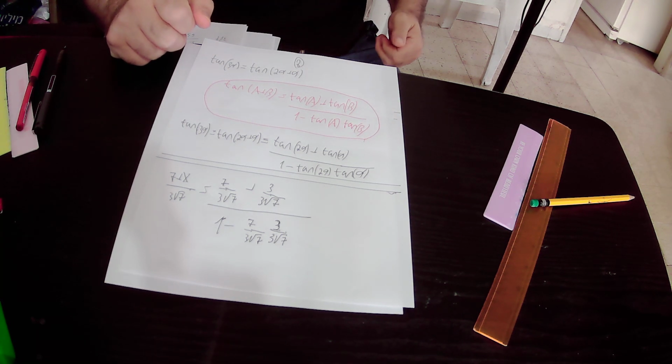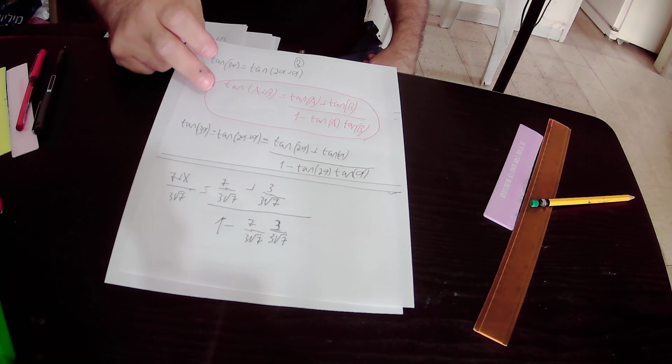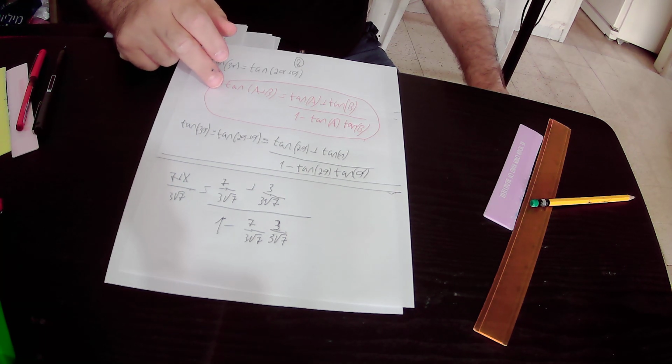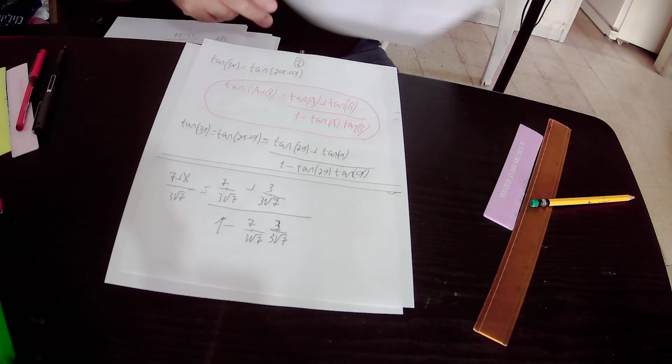Then we substituted the values of tangent alpha, tangent 2 alpha, and tangent 3 alpha that we have already found,